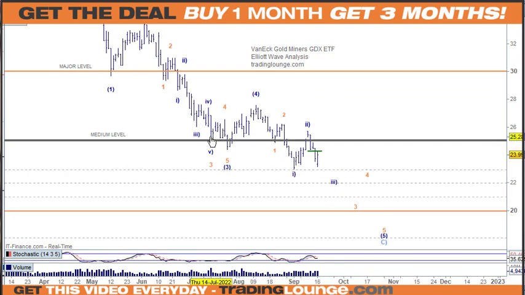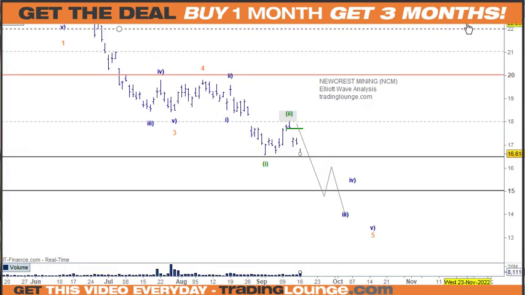When it came down, it hit here and bounced, it's come through it now and it's gone back and checked it, and now it's gone through here. I want to go back and check that as well, but it's still to the downside at this point. And that will be the same with Newcrest. Now, Newcrest is also at 1650. So in this case, you can see that 1650 is important.